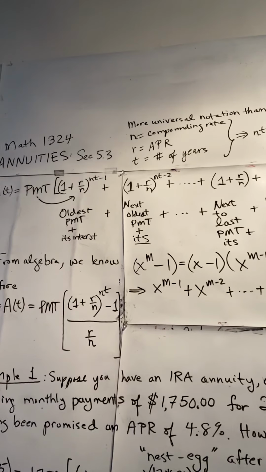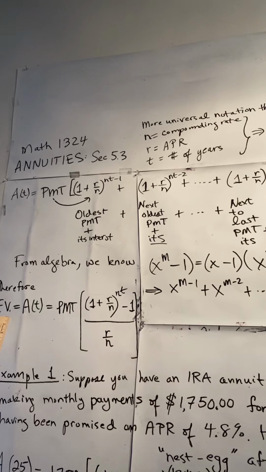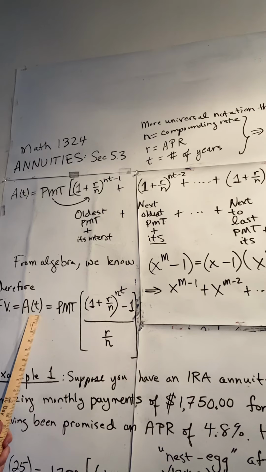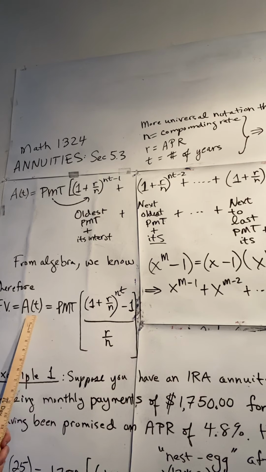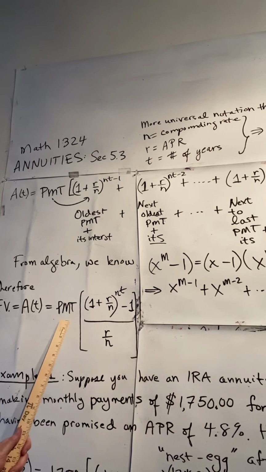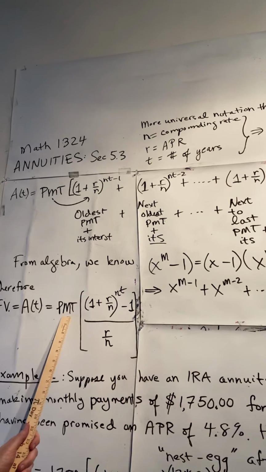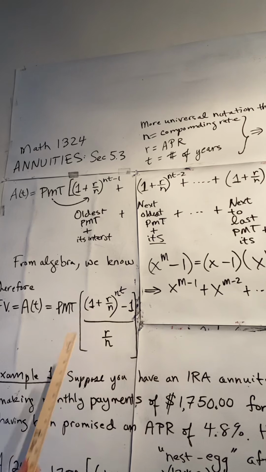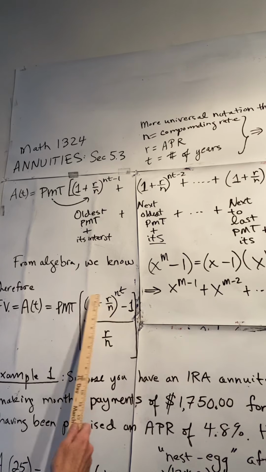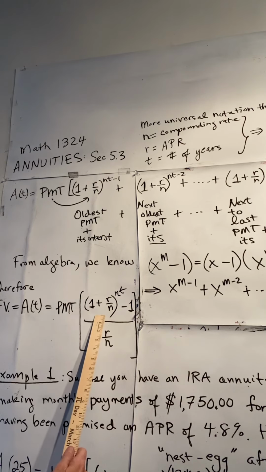We say, therefore, the future value of your annuity, which is a fancy way of saying the amount in the account after T years, compounding n times a year, making a payment also n times per year for T years, will therefore be equal to the payment times, this is our replacement for x, 1 plus r over n, raised to the nt